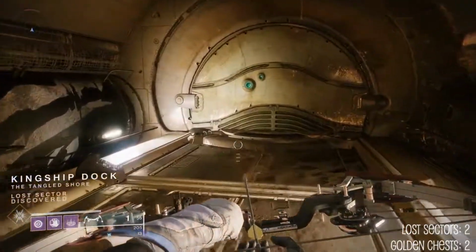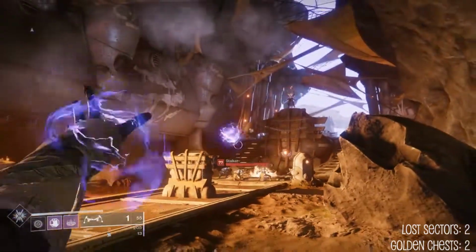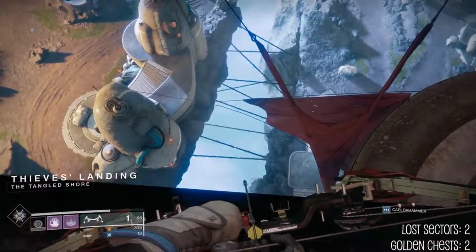This lost sector is called Kingship Dock in the Tangled Shore. You'll see me see these enemies. They're pretty much impossible to kill because I'm only at like 300 some odd light at this point. But basically coming out of the